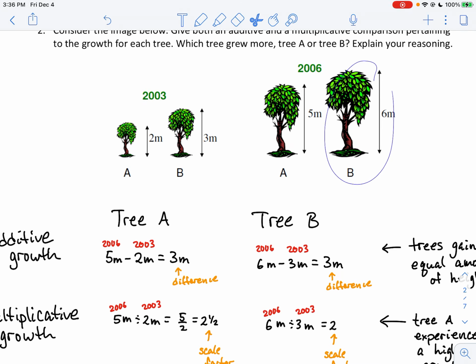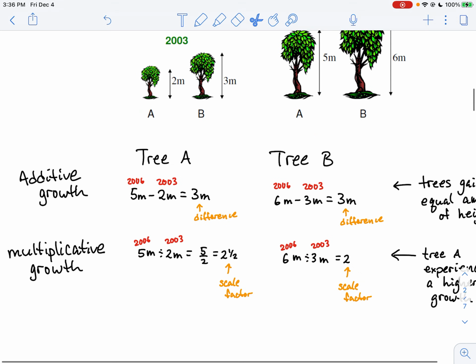And when you're doing additive comparisons, if you want to figure out how much more one number is than another, then you do larger number minus smaller number. So I did the 2006 height of tree A minus the 2003 height, and I get this 3 meter difference. We use the word difference because that implies this subtraction. And for tree B, we had a difference of 3 meters as well in growth. But for multiplicative,